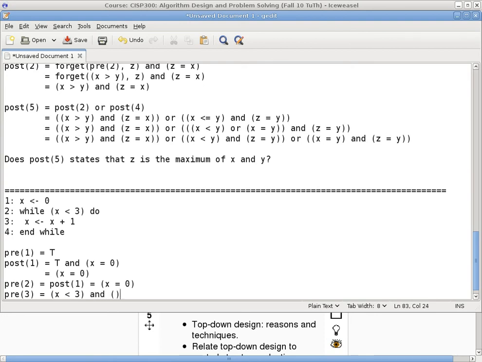What else do we know? Well, we know that we can come either straight in or we can come back because of the loop. So that means we know that x equals 0 if we come in the first time, or this is bad because if we come to this point